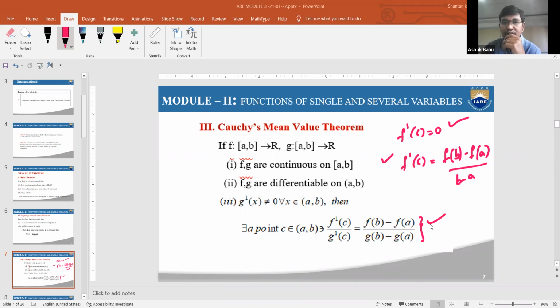Now we'll discuss the problem based on these conditions. Before that, you may recall that for Cauchy's mean value theorem, two functions, f and g, are compulsory. You need to observe whether they are continuous in the closed interval [a, b] or not, like previously. Similarly, whether they are differentiable in the open interval (a, b). Then the third condition is